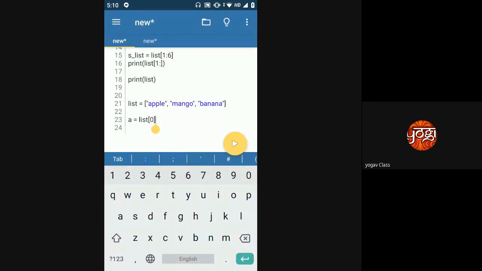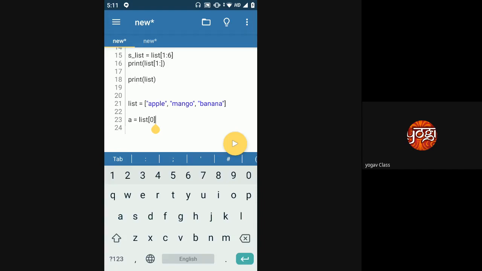Now, what if I want the character a from the apple string, from this list? Initially what we saw yesterday was how to get a character from a string. Now I'm telling you I want to get a character from a string which is present inside a list. Is the question clear? Yesterday we saw that when we want to get a character from a string, we will use the string name followed by the index at which the character we want, right?